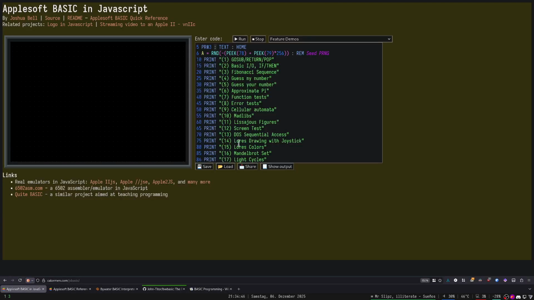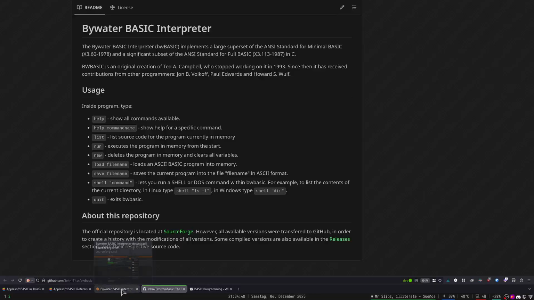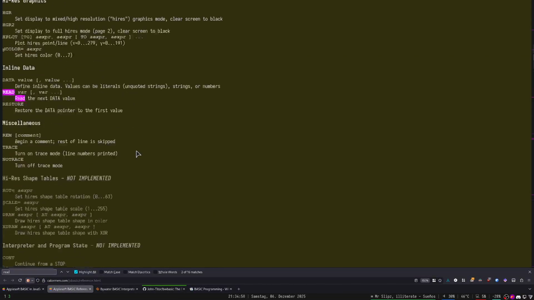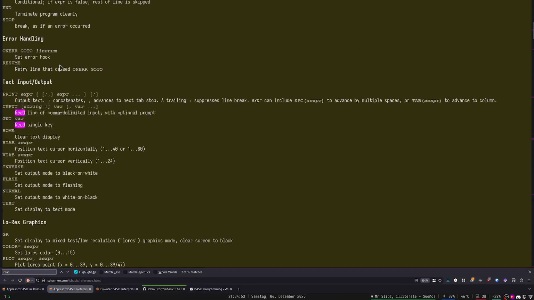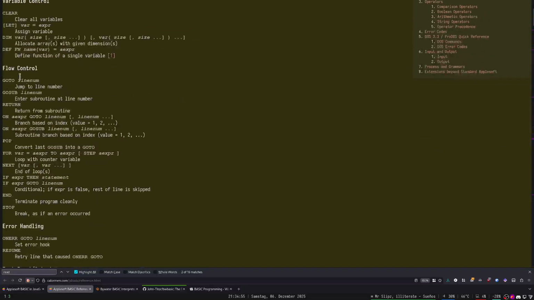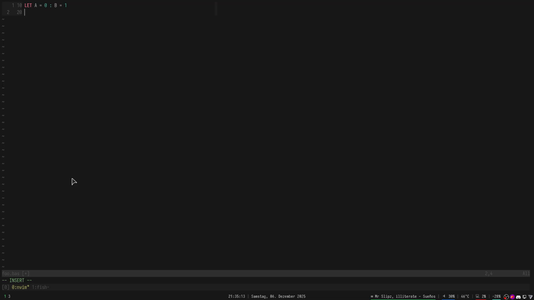So as far as I'm aware, there are no loops in BASIC. If we look at the control flow section up here, sorry, flow control, my bad. We've got goto, which is pretty much the only way to jump as far as I'm aware. Well, okay, I guess a lot of this stuff is jumping. This is the only way to do loops specifically, and then you would just do an if statement. So it's a bit like assembly in that sense. But yeah, so we can say